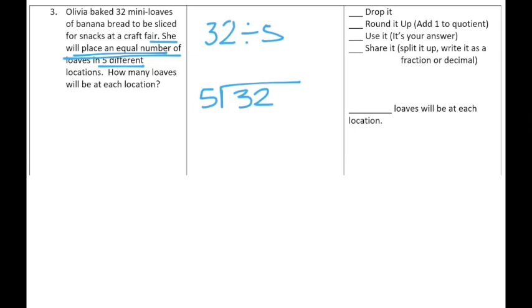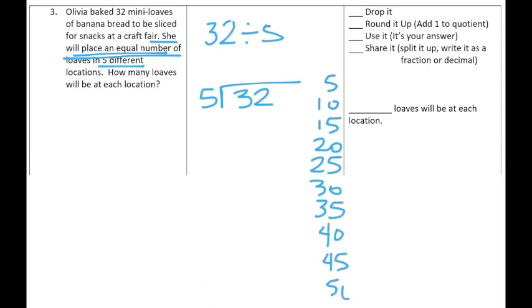The very first step I want to do is I want to list my multiples of 5. 5, 10, 15, 20, 25, 30, 35, 40, 45, 50. After I list my multiples of 5, I want to see how many times does 5 go into the first digit of the dividend. It doesn't go at all, because 3 is not even a multiple of 5. So now, if I put a 0 on top, I put a 0 right underneath the 3, and I subtract. 3 minus 0 is 3, and then I bring down 2, making 32. 5 goes into 32